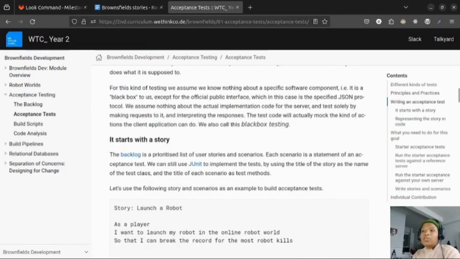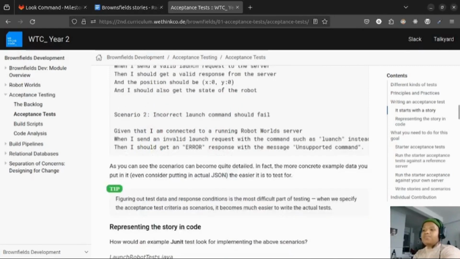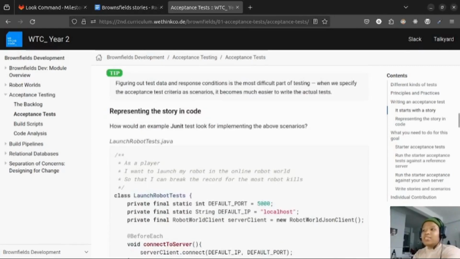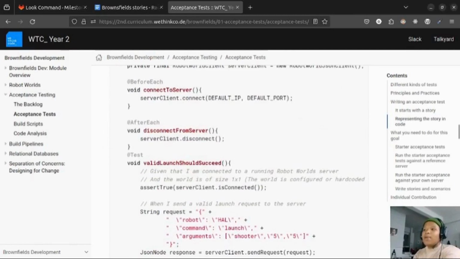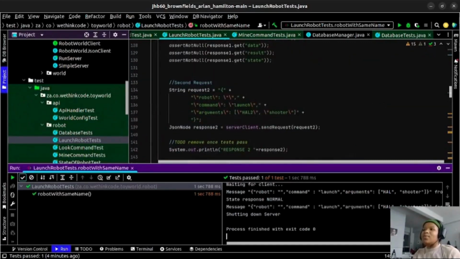So we needed to start by writing a story, which is the ones that I showed you, that document that we had. We wrote the stories according to this structure as well. Then we represented the story in code, but we added a step where we took those stories first and put them into tickets first. But as you can see in our project, we do have comments of test after launching 2 robots, as they have required us to do in terms of